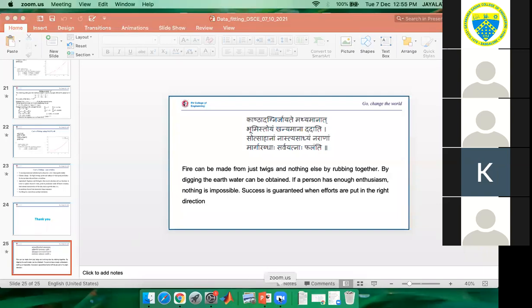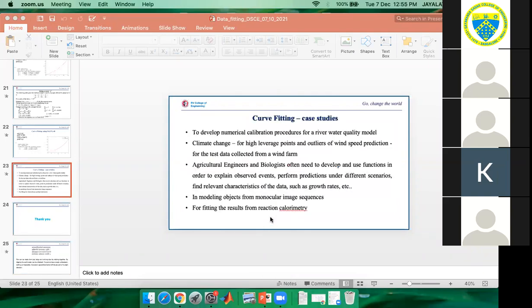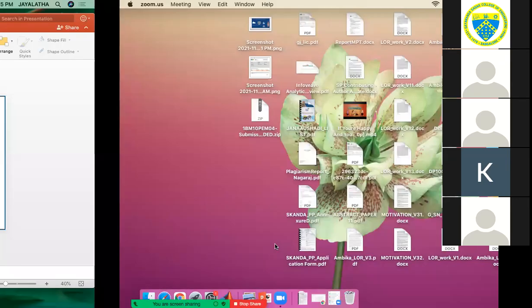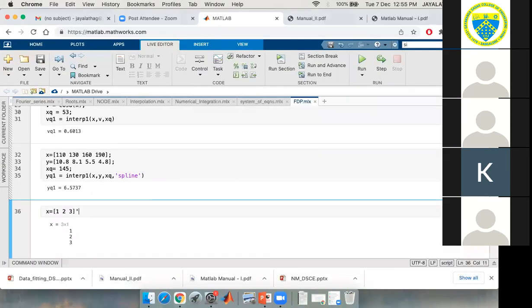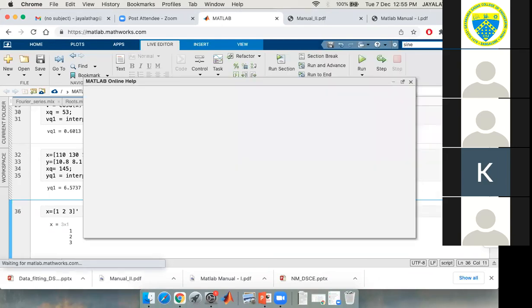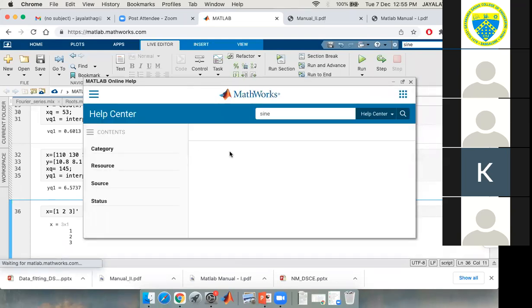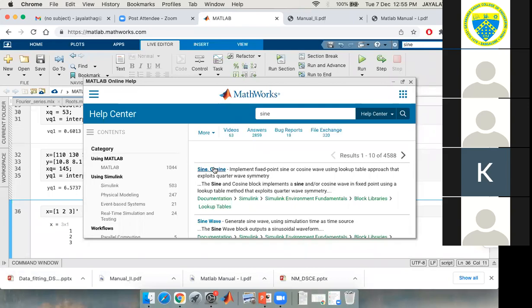One of the participants is asking for a reference book for MATLAB. Okay, if you give me 2 minutes, I'll just tell you. In this MATLAB documentation, search documentation, you can type whatever you want and it will show. Actually, it's a self-learning thing.